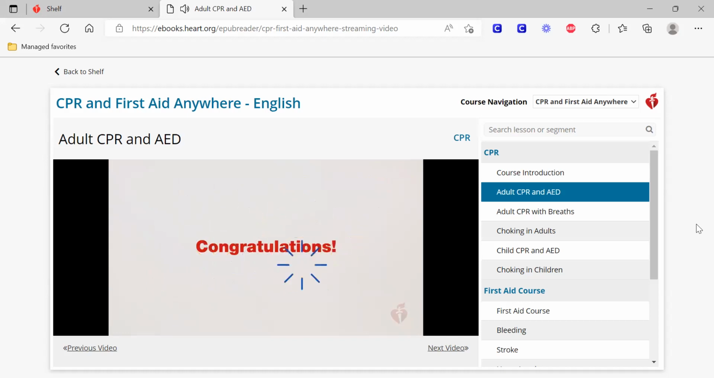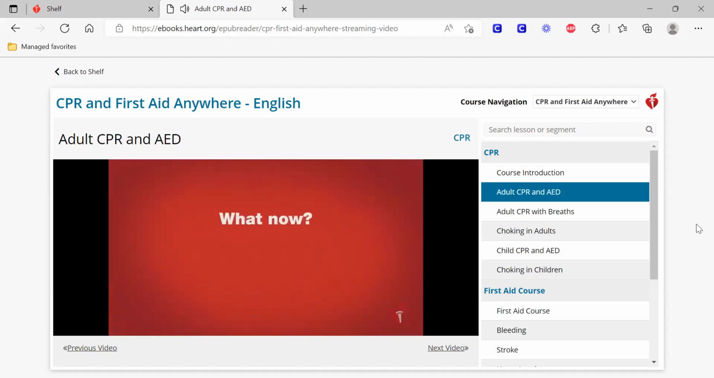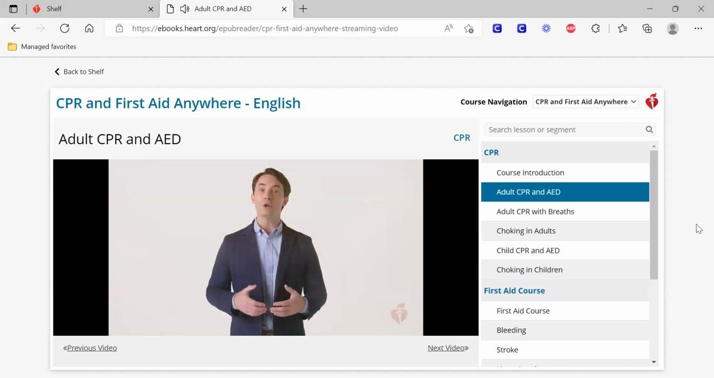Congratulations. You now know when and how to phone 911, how to give hands-only CPR, and how to use an AED for a teen or adult in cardiac arrest. Now that you know these life-saving skills, practice them often to stay sharp. Share these skills with your family and friends. The more people who know how to do hands-only CPR, the more likely it is that someone in cardiac arrest